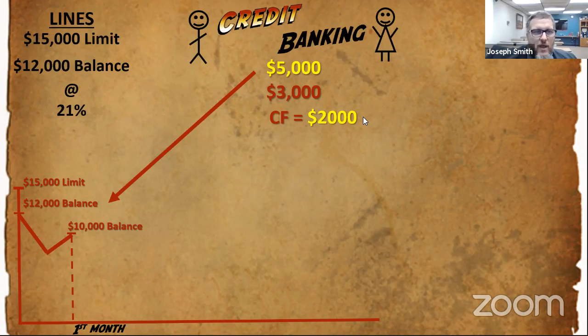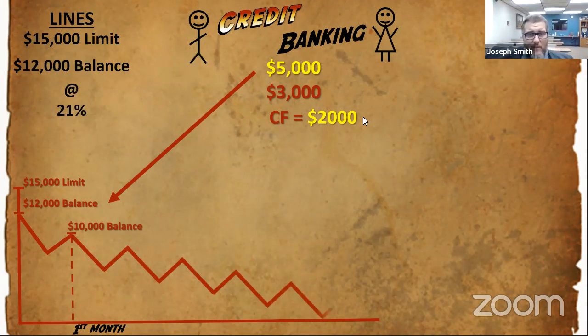All right. So now, because we're paying our debt down at a speed of $2,000 a month, this $12,000 balance, if we keep this going every month, how long is it going to take for us to pay this off? It gets paid off in 6 months, right? Do the math. And we are still paying interest.